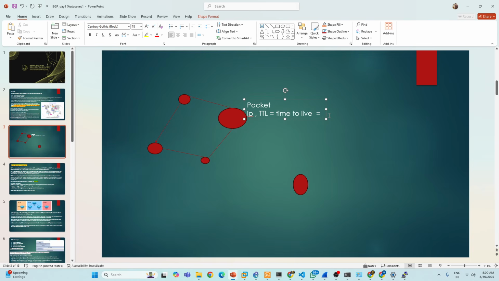Now the TTL value will be 9. Now this router again sends the packet here. Similarly, the TTL value is reduced by 1 because one router is crossed, so the TTL value will be 8. Like this it will travel until it becomes 0. Once the TTL value is 0, the packet will get dropped.